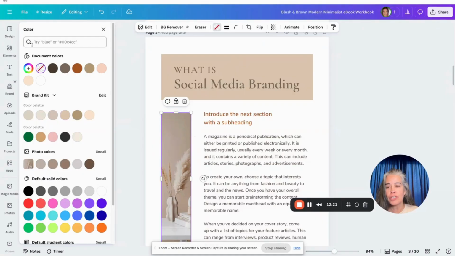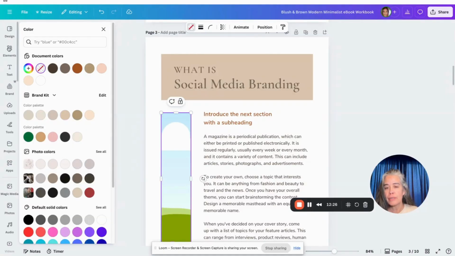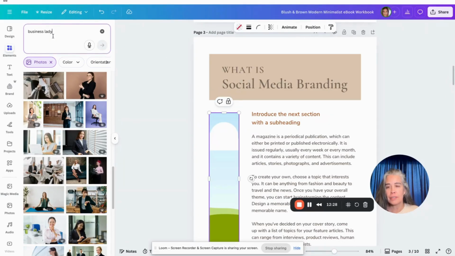So here, then you could change up what you want for your photo, delete image. You could put something here that's just